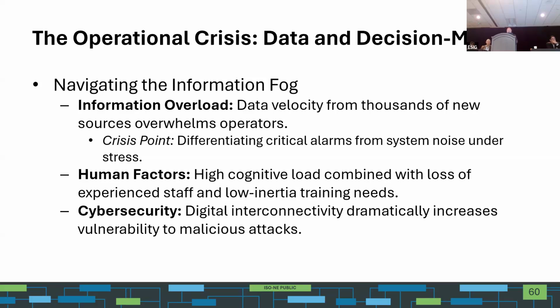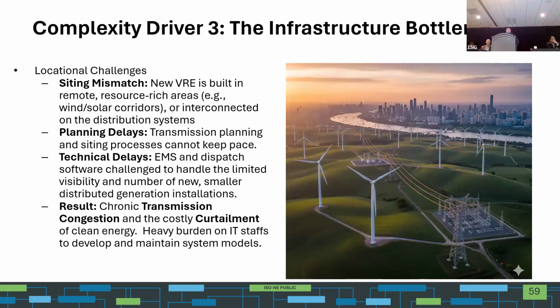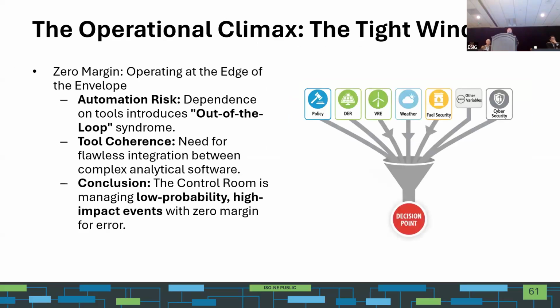And on top of the information overload, you have the human factors. You're wearing out your system operators. You're tiring them out and focusing them on areas that they probably don't need to be focused on. That there's more important things we could be looking at. And then we have cybersecurity, and we all have to be aware of that and how it impacts the data and the tools that we're receiving and the tools that we're using. And this just goes again to show all these things that are feeding into the funnel of operational decisions and all meeting at that decision point.